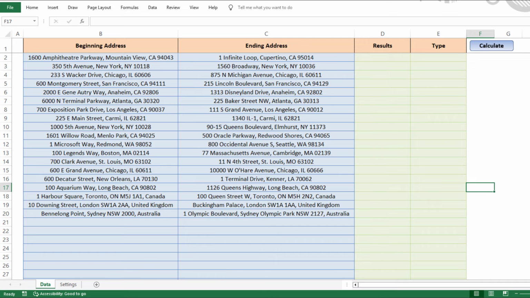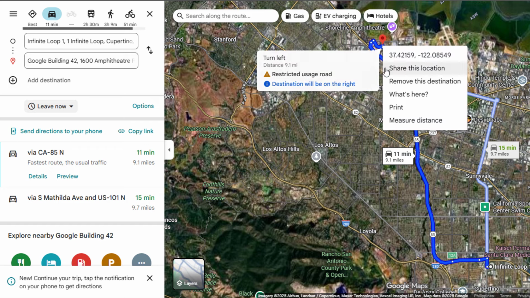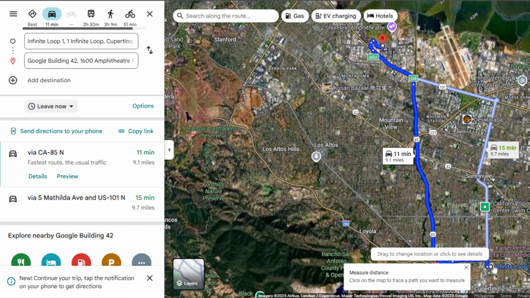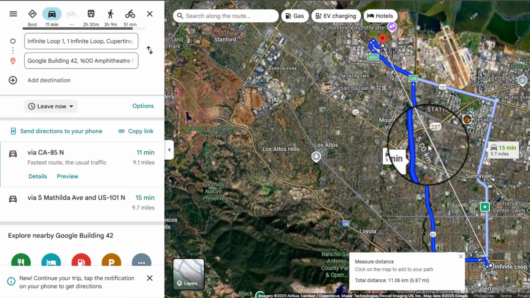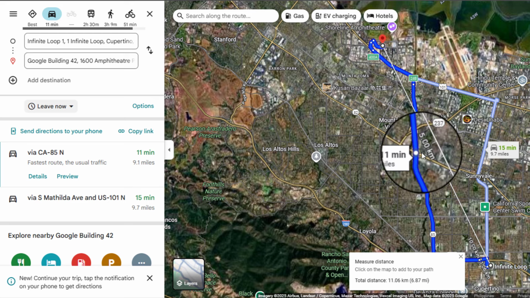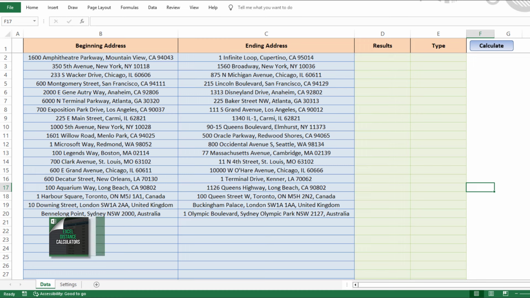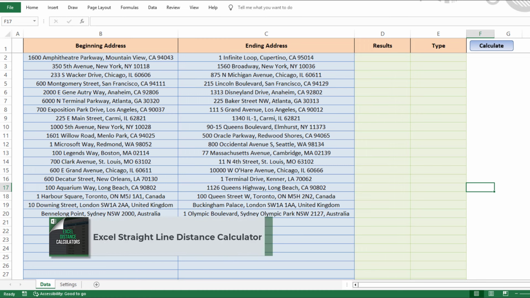Every time they wanted to check the distance between two locations, they'd open Google Maps, type in addresses one by one, and then copy the results into Excel. Imagine doing that hundreds of times. It was slow, frustrating, and mistakes happened all the time. And that's when they did a little bit of research and they found our Excel straight line distance calculator,